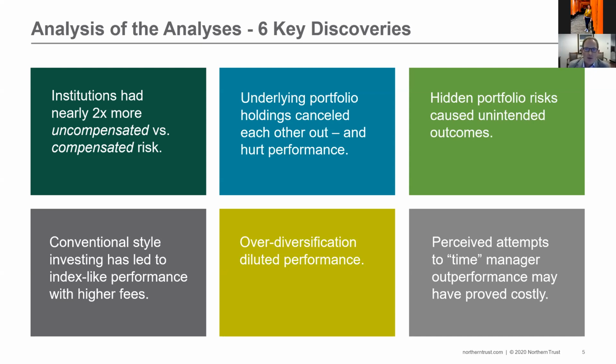And all of that picture really shows that what we're getting at the end of the day is a lot less compensated risk than we thought. And indeed, on average, twice as much uncompensated risk as compensated risk. But that's really kind of where the story just starts, in that when we talk about sector bets and region